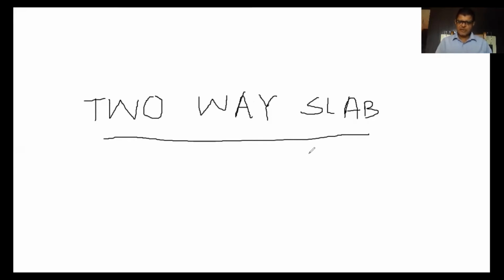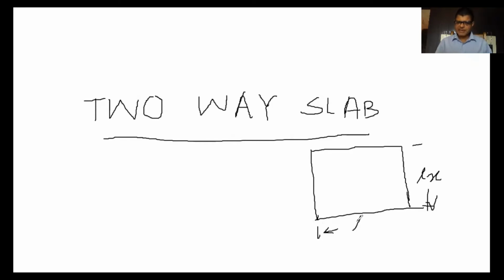We have discussed it also in the 1-way slab discussion that in buildings you have different rooms, and the room sizes are different. So one will be the length along the short direction, and the length along the y direction. That is the Lx and Ly. Now depending on the dimensions of Ly and Lx, we can say this is a 2-way slab or a 1-way slab. So we'll discuss the codal provision on this: if your effective span Ly effective by Lx effective is less than or equal to 2, then it is called a 2-way slab.